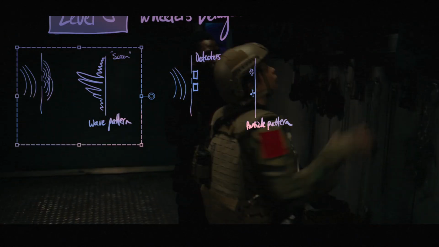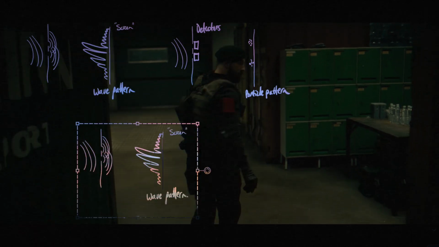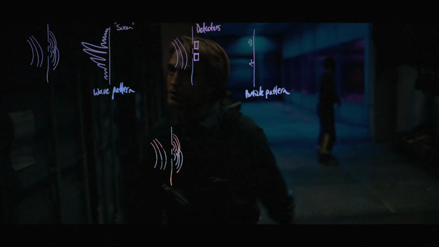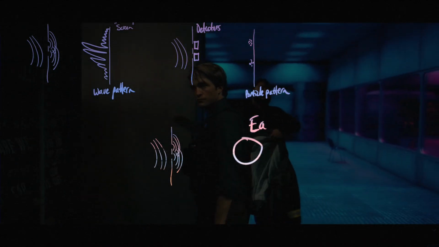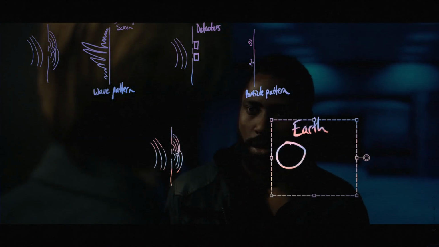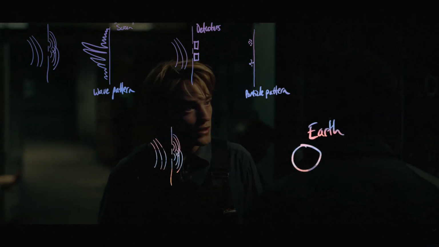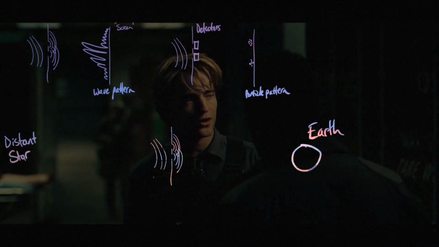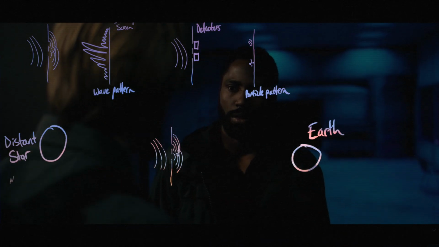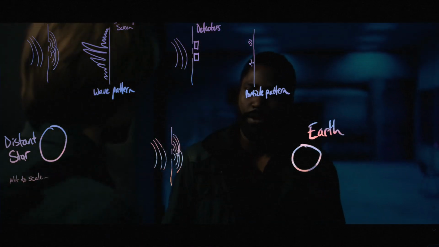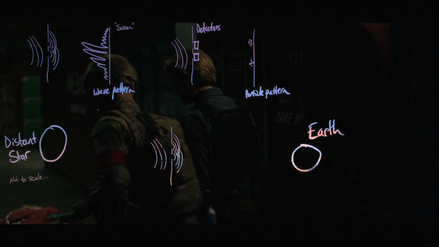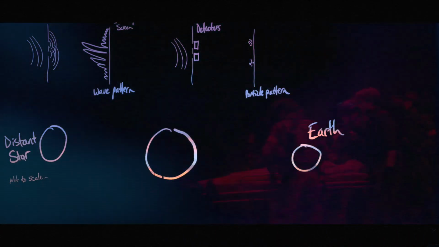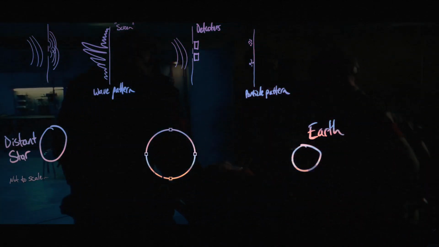So Wheeler says, let's change the scale. Let's say instead of a slit, we use a star. There's a phenomenon called gravitational lensing. If you've seen the black hole photos or even the movie Interstellar, where you see the black hole, this was rendered with a real physics engine to make it look super accurate. Gravity can bend light. So instead of using an electron, we use a photon, a single particle of light. And Wheeler says, let's take a star that's light years and light years and light years away, and a single photon that travels from that star, and it's going to get to us.